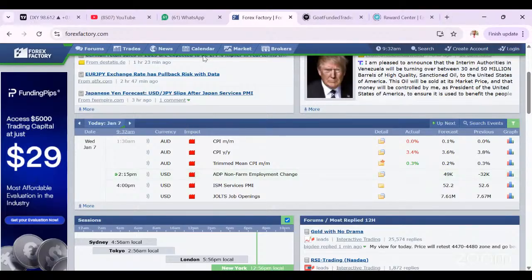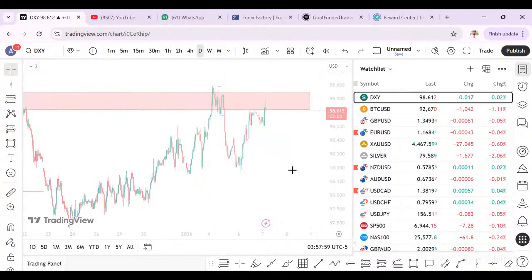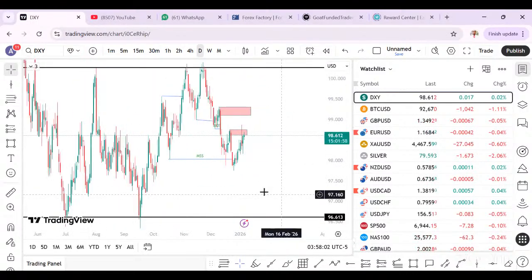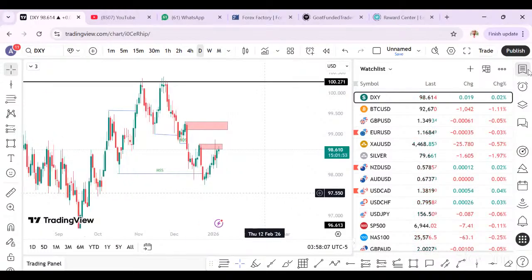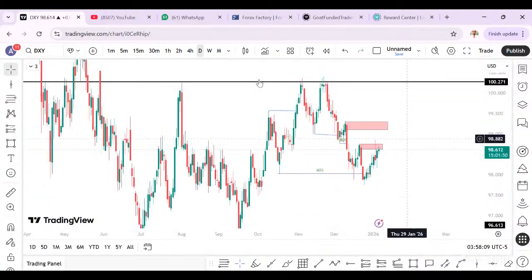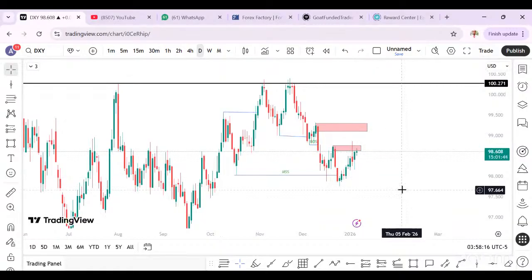But technically, what's going on there on the dollar? For me, I'm still bearish on the dollar. There's a way I look at the market. I look at the market in two places. Guys, I want you to learn something. I know my style of trading is that I use candle theory. So learn from there.